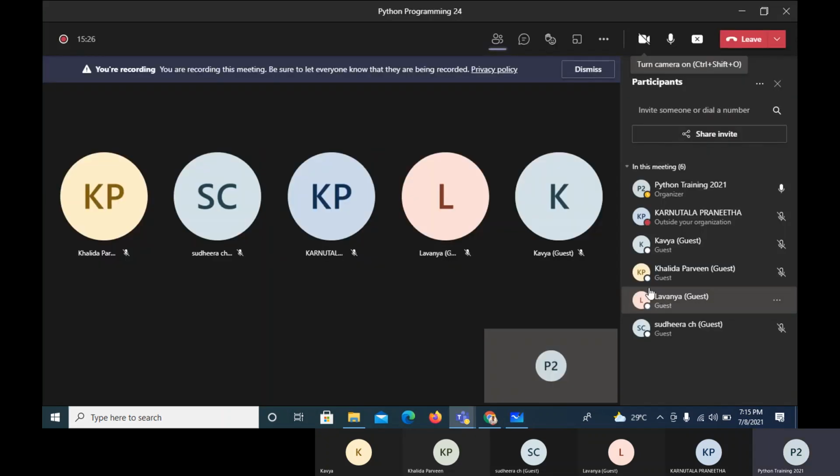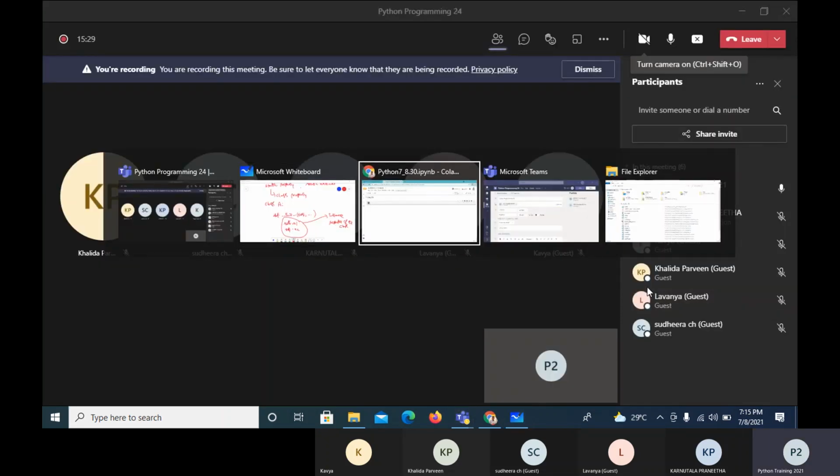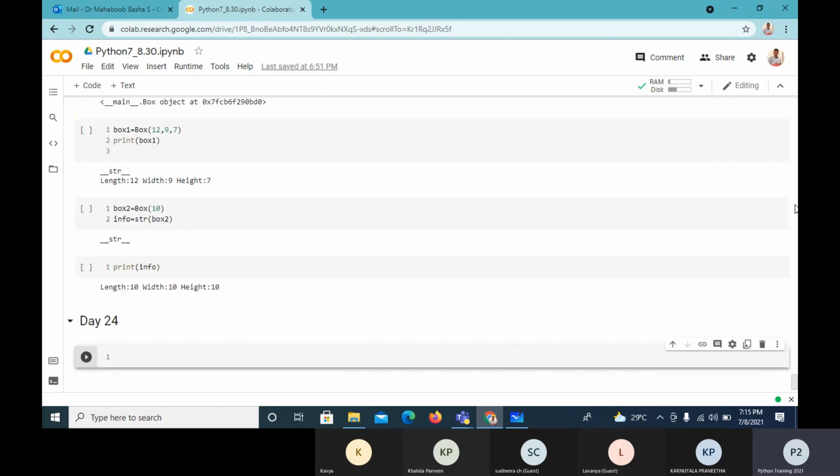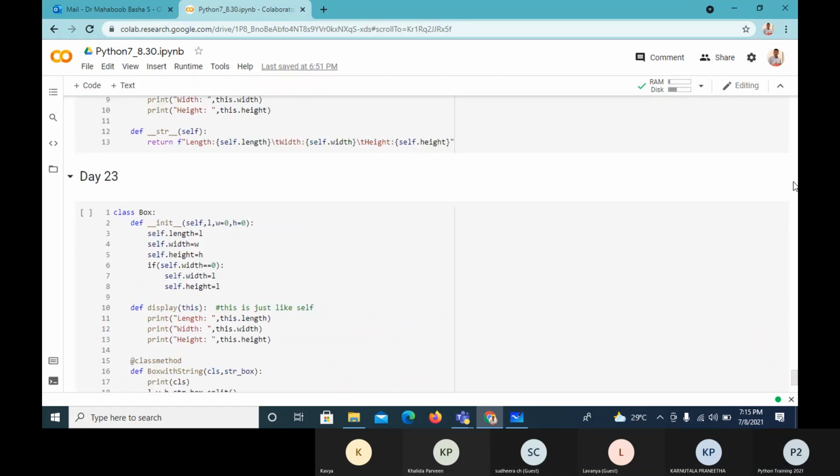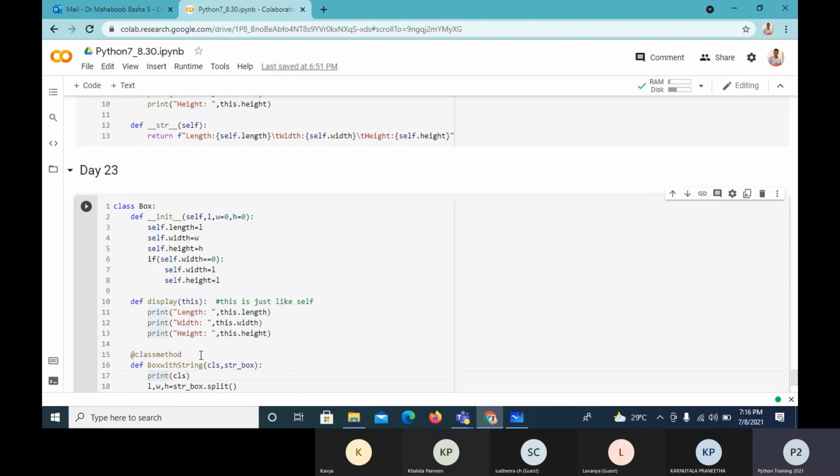For example, we have already seen the Box class, I think in the last class. Here I'm referring to length, width, height. They are instance properties or object properties. In addition to instance properties, there are instance methods. Suppose display is an instance method, not a class method.